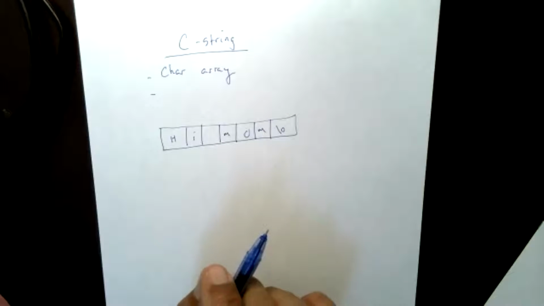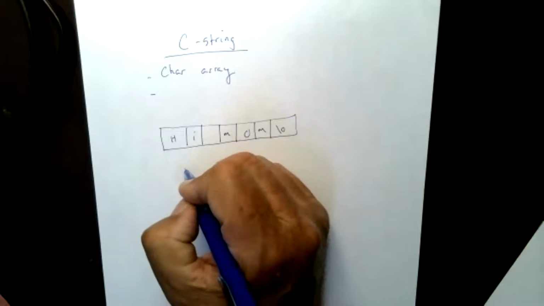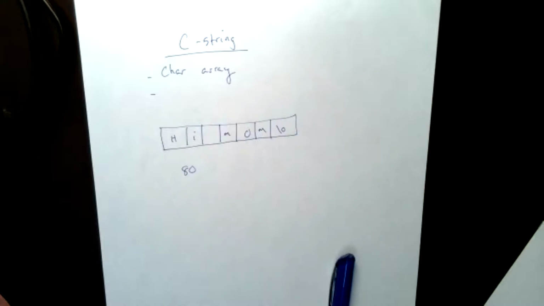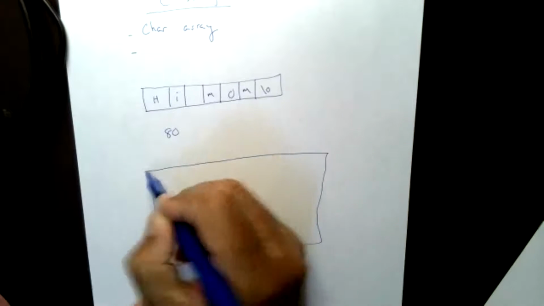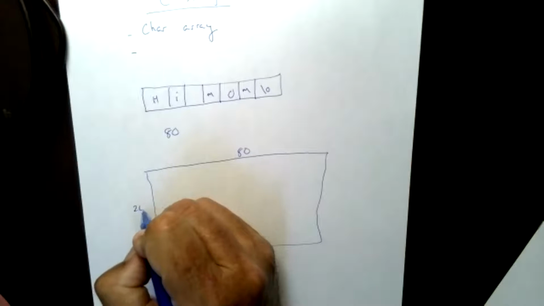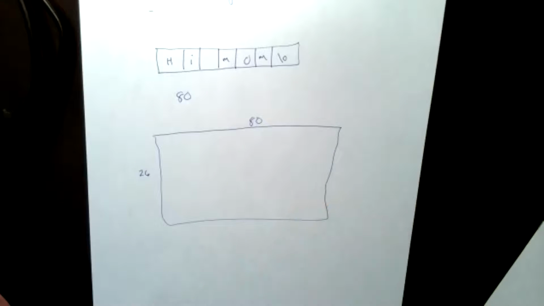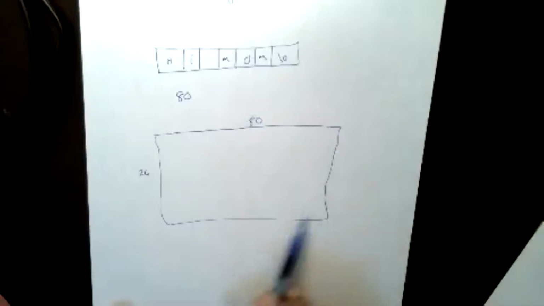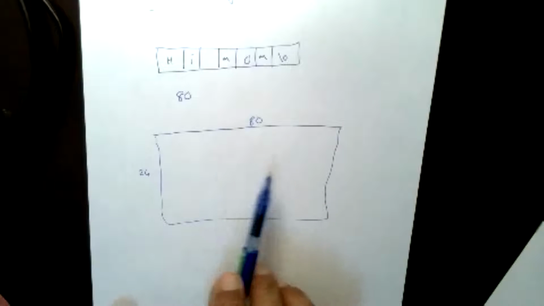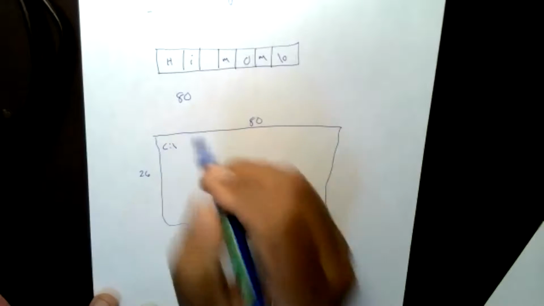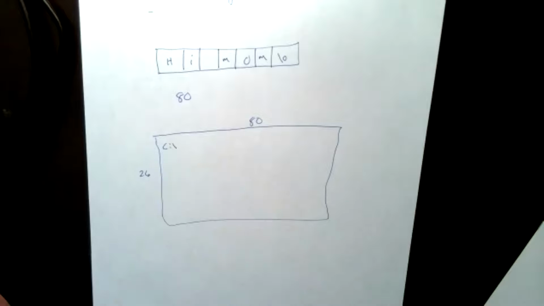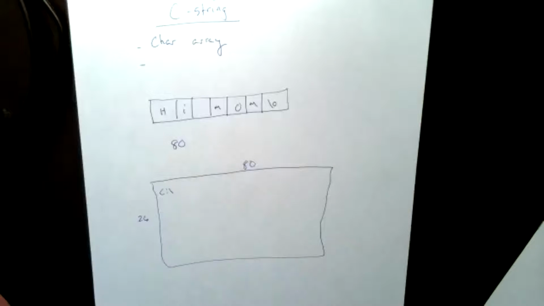A couple of the programs, the code listings, what number were they showing you? They were making the array of size 80. Does anybody know why they were using size 80? Well, in the old days, our monitors used to be 80 columns by 26 rows. Yep, 80 columns, but we didn't have font sizes and we didn't have windows and GUIs and everything. We had C:\, 80 across, 26 down. Those were the good old days. So that's old school when you start to see that 80 come up.